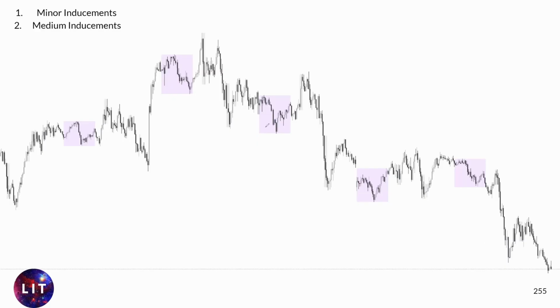Minor and medium inducements. Okay, so first, understand how they're doing it over and over again. If, for example, an internal inducement mitigates something, let's say you have the structures in here, this is your push, and that creates a mitigation or an imbalance in here. And now you're having this internal play with building up liquidity in here, and then it grabs the liquidity like an internal inducement, and now also mitigates in here. Obviously now it makes an internal break of structure here.